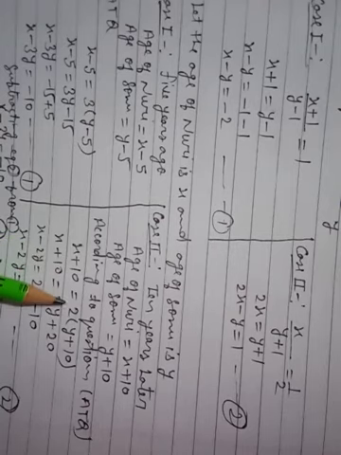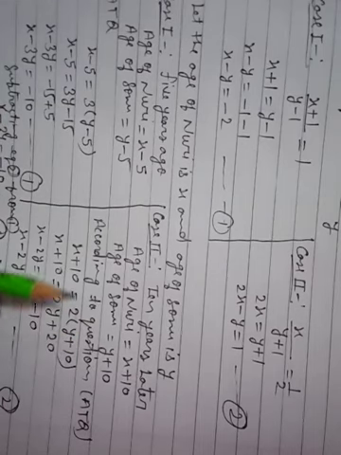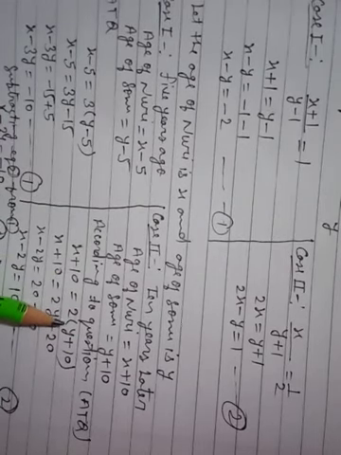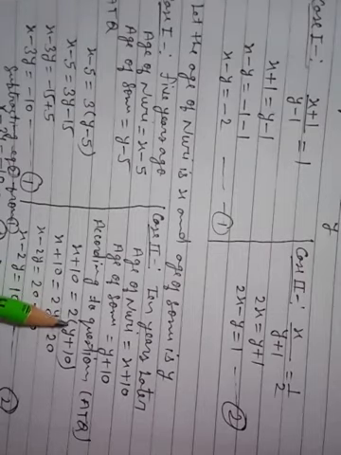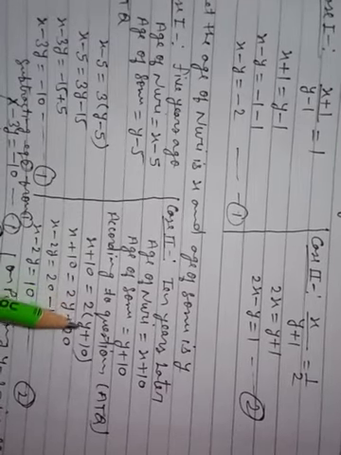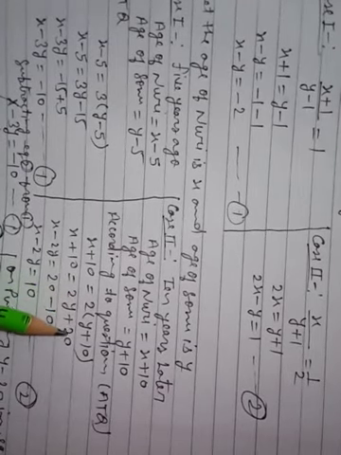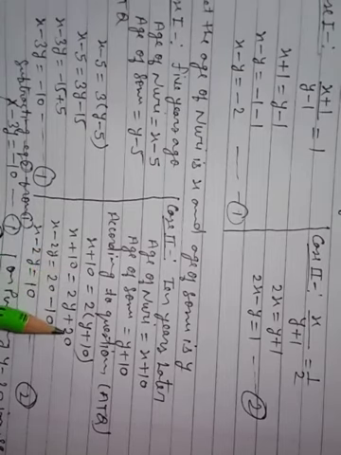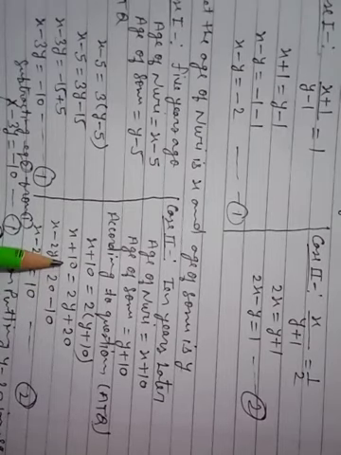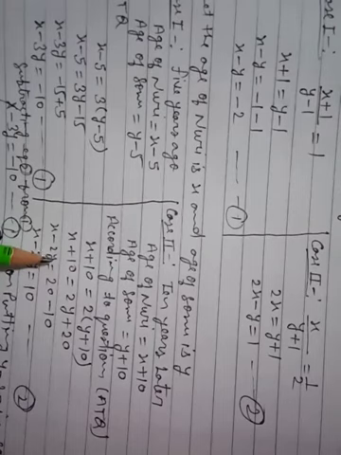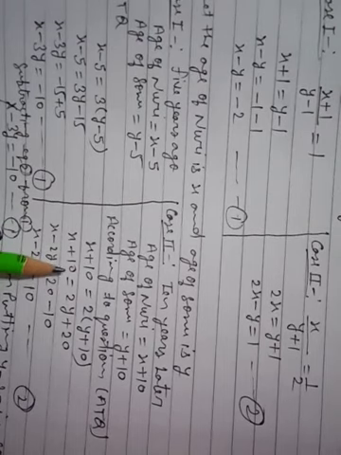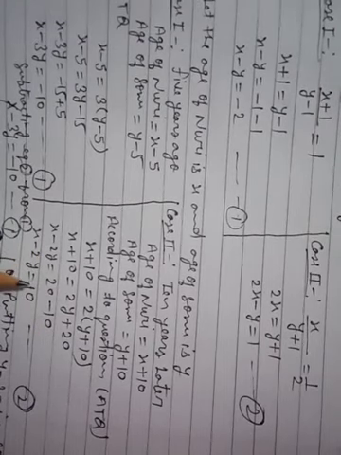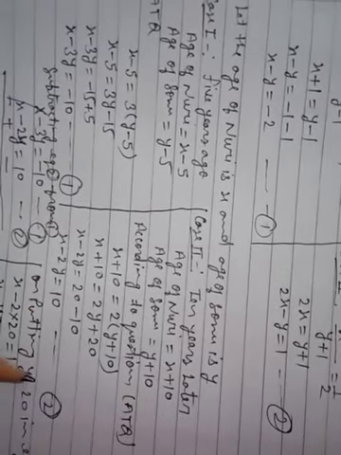x plus 10 equals 2 times (y plus 10), because Sonu's age is y plus 10 and Nuri's age is twice Sonu's age, so we have to make them equal by multiplying Sonu's age by 2. 2 into y is 2y, 2 into 10 is 20, so x plus 10 equals 2y plus 20. Sending 2y to this side, x minus 2y equals 20 minus 10. Sending 10 to that side, x minus 2y equals 10. This is equation number 2.